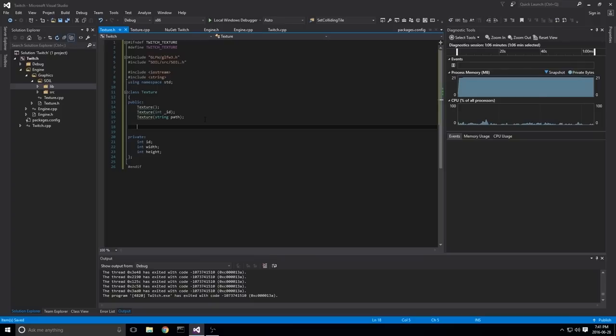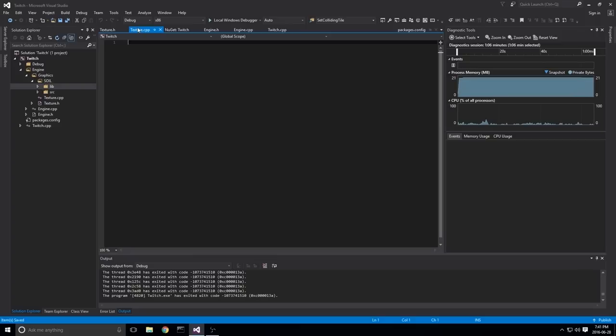Now we can create getters just in case we ever need them: get ID, get width, and get height. Okay. Now, if we go over here, the first thing we do in our texture is include texture.h. And we'll start off with our constructor. So Texture.